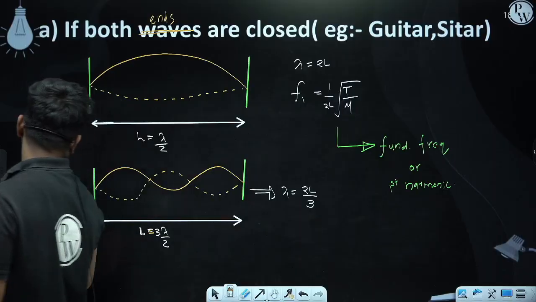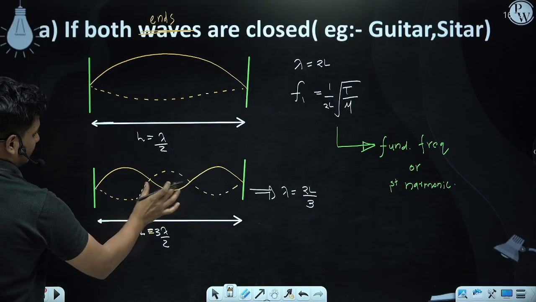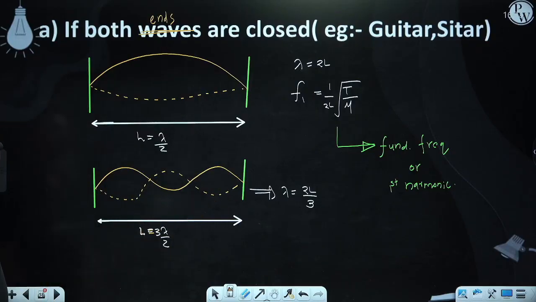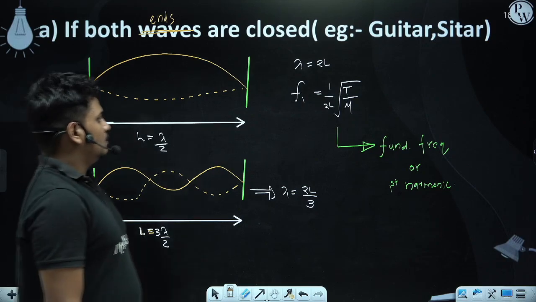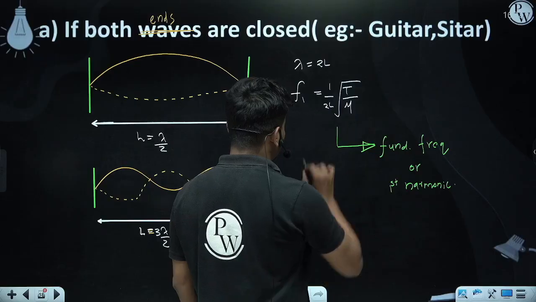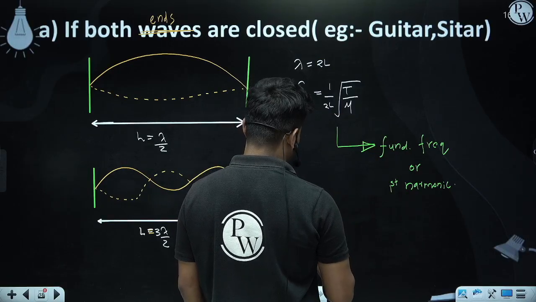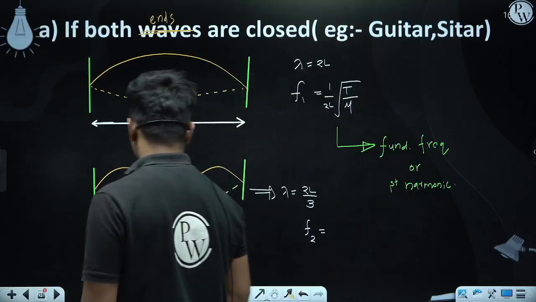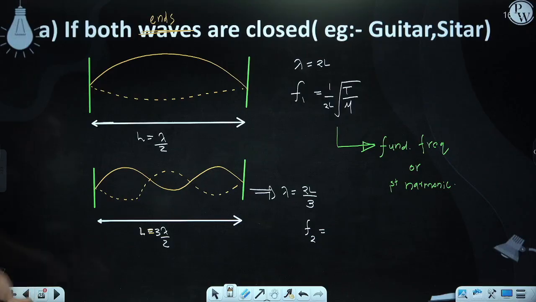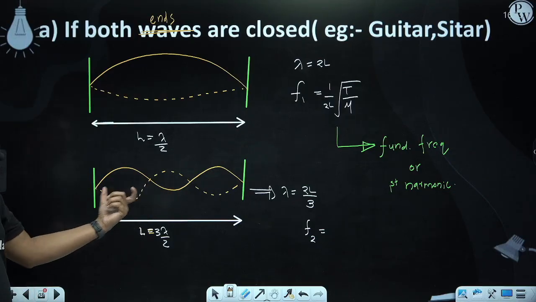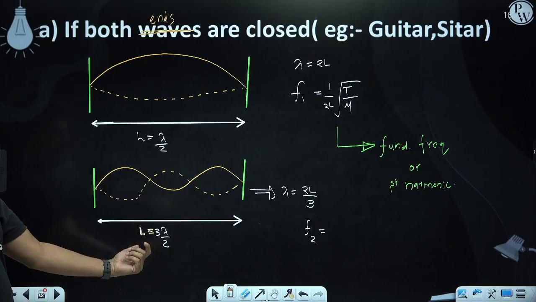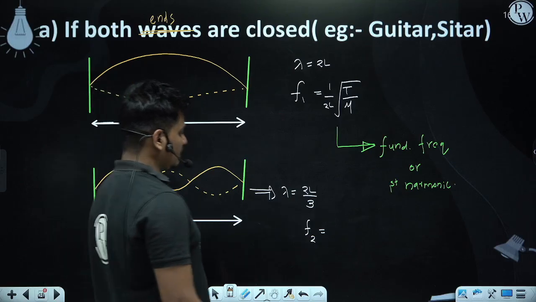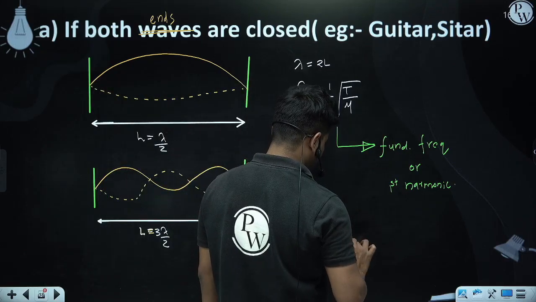Okay. This is lambda by 2, this is lambda by 2, this is lambda by 2. So 3 lambda by 2, if both ends are closed. So what is our fundamental, what is the next frequency? F1. What is F2? Lambda by 2, 3 lambda by 2. So lambda is equal to 2L by 3. So our fundamental, this frequency is equal to 3 divided by